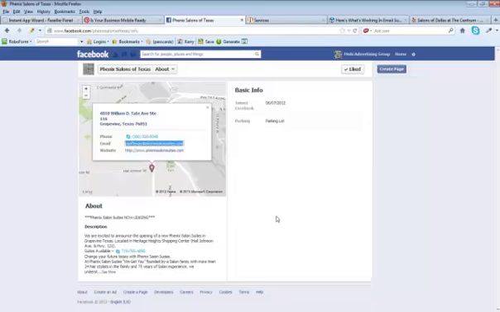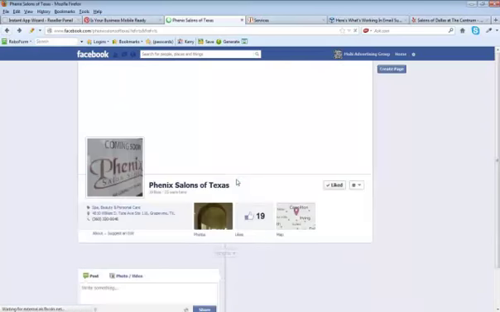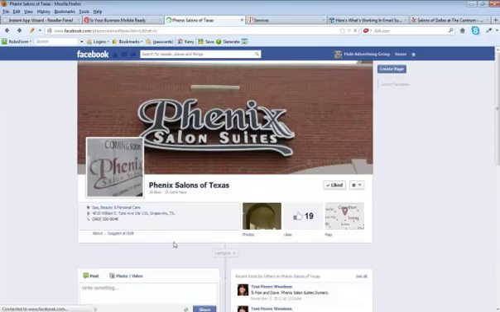Any questions on getting information from Facebook? I had several people ask me last week, hey, how do you get information off of Facebook? You go to the About Us button. That's where most of the data is, and it's very small, and I'm sure that's why people ask, because it's hard to see. But it's right here underneath their logos and everything. And I know Timeline, they did the Timeline thing, but it's right here, okay? Now right here you've got their phone number and you've got their address.